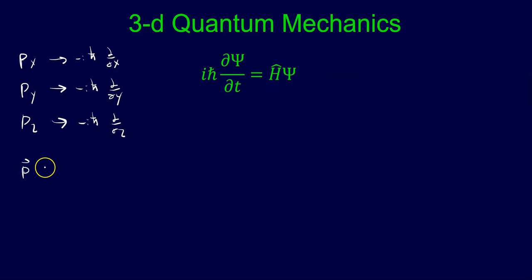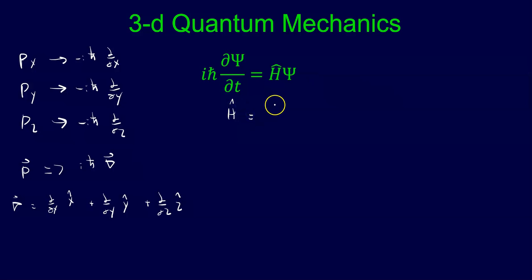And so we're going to say that the total vector momentum operator is i h bar times the del operator, which you've probably seen before, but it doesn't hurt to go through and discuss this a little bit more in depth. And so this is the operator of these three partial derivatives in their vector directions. So again, this is a vector in the x direction, a vector in the y direction, and a vector in the z direction. And so over here we can write our Hamiltonian in three dimensions,